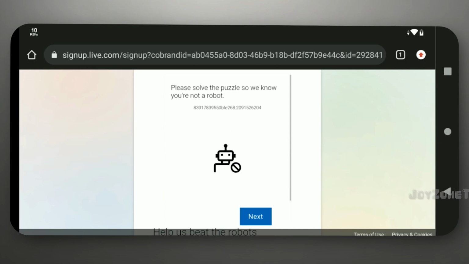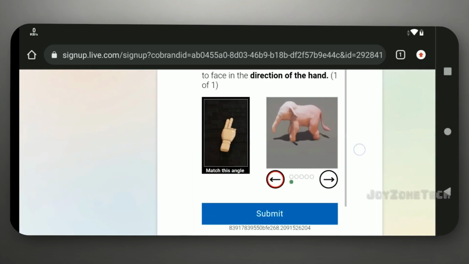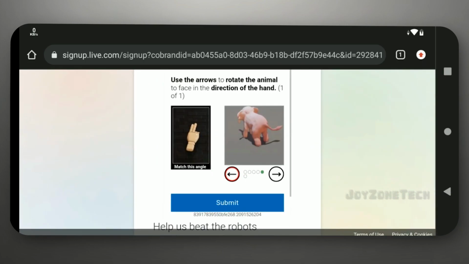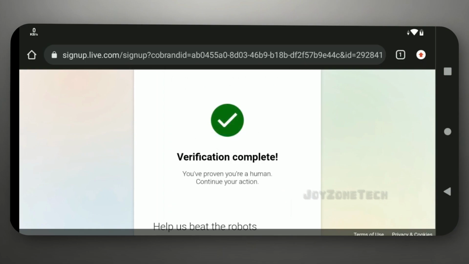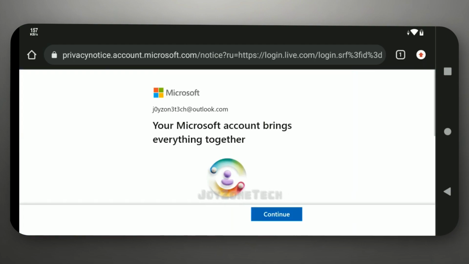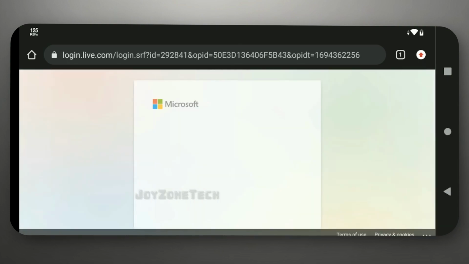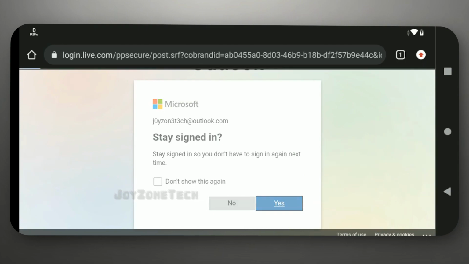Complete the verification. Click on Continue. Click on Yes.